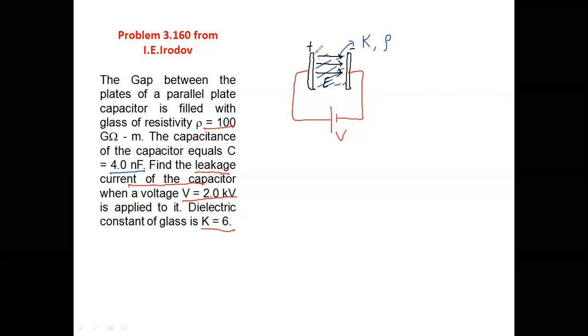Because of this, the potential difference between the two plates of capacitor and across this dielectric slab, both potential differences are equal, and we have to find out current through this medium. Well, the current through the medium can be obtained by the basic fundamental Ohm's law, which says that current density J equals conductivity sigma multiplied by electric field.